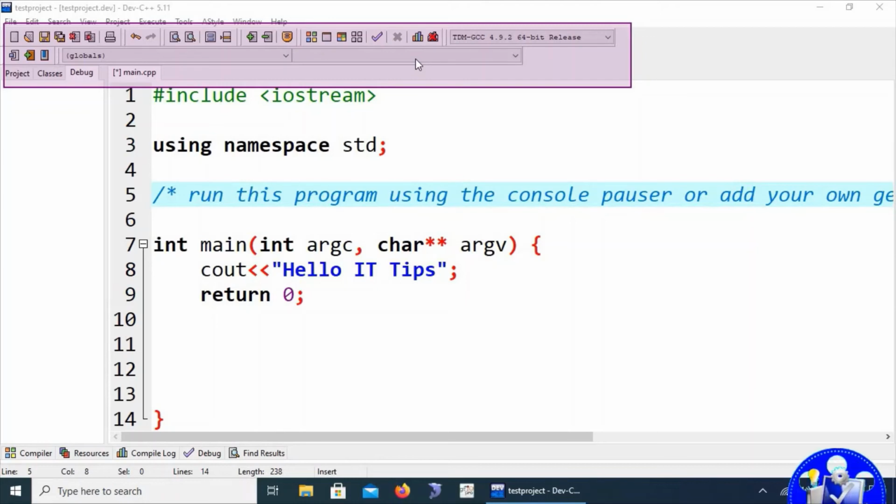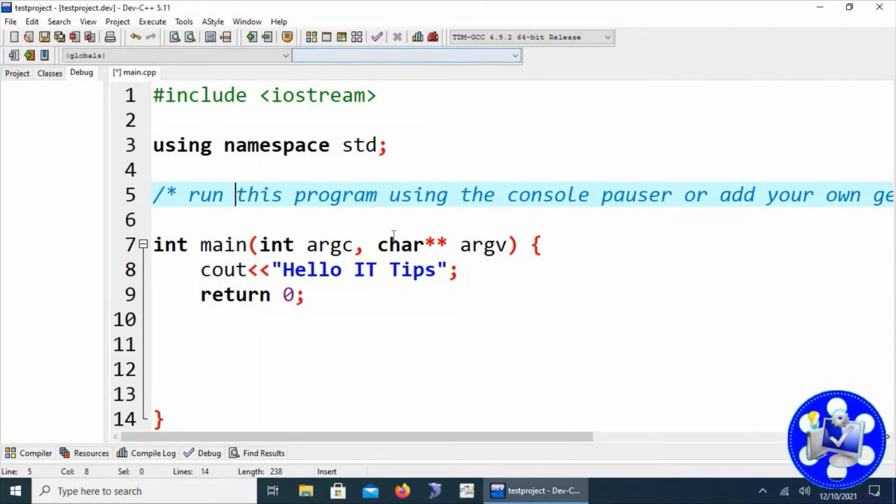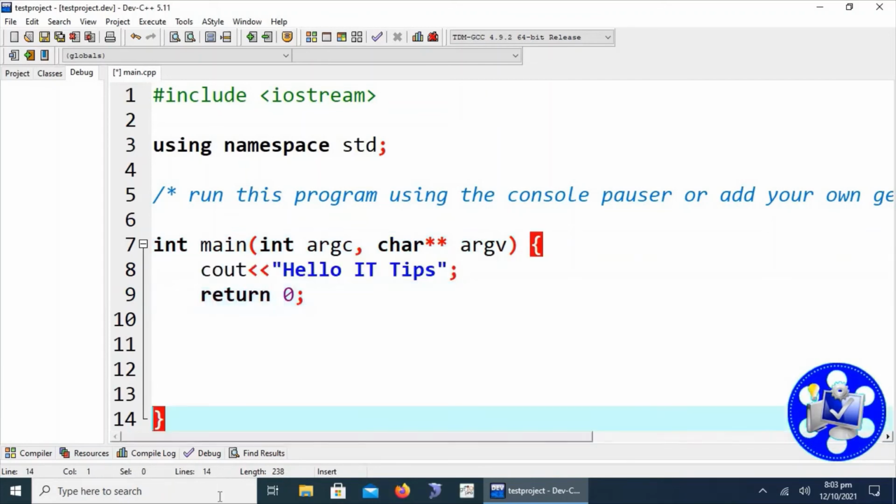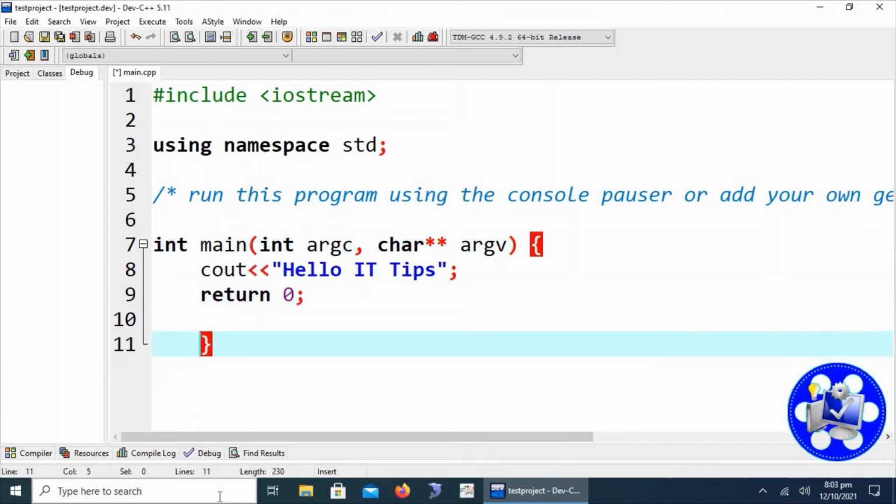Here are the same options in the tools, and using the shortcut keys that we have demonstrated. One thing I have observed in using Dev C++ is that we can use it very efficiently, because it provides some lines of code in advance.